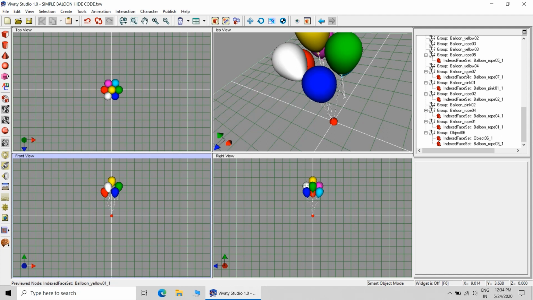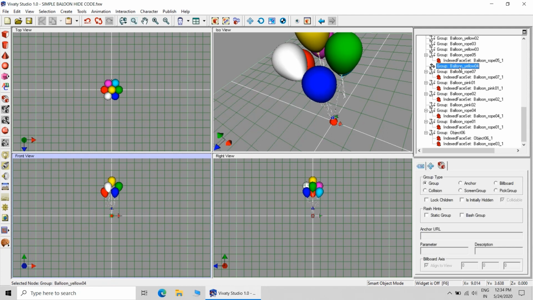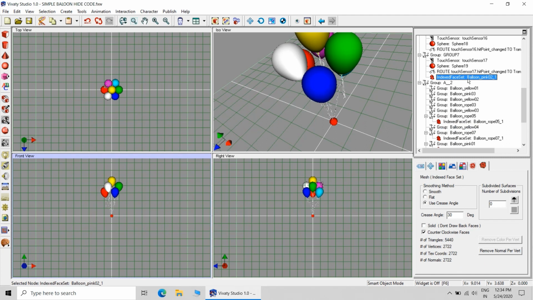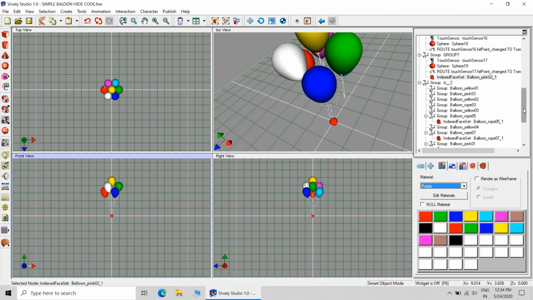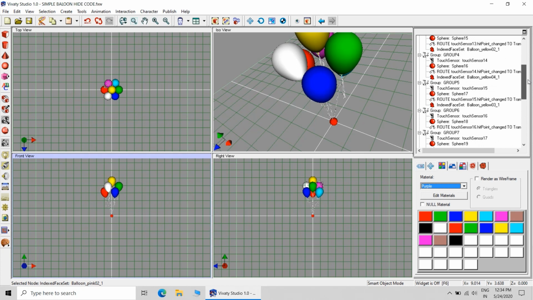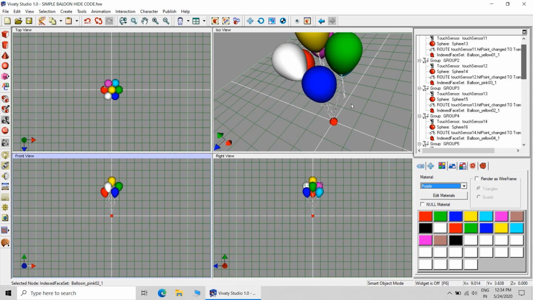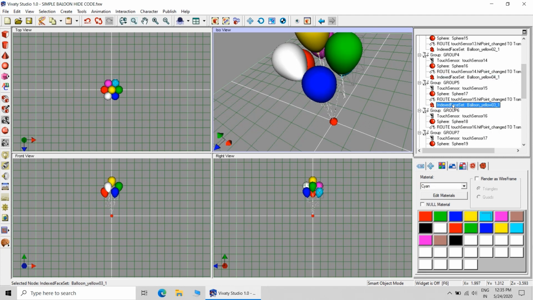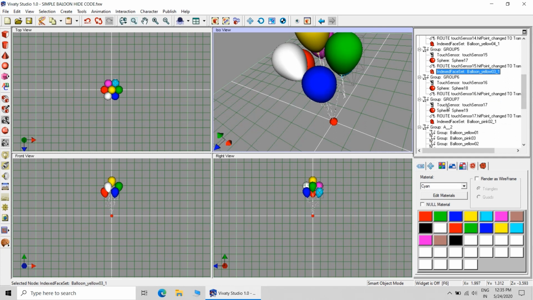So let us find out where that particular balloon is.